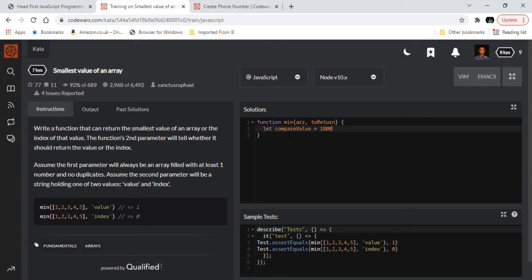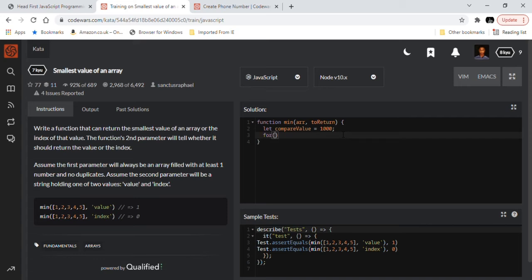Now the reason why I'm setting this to be 1,000 is because from the instructions that I have here, the typical values that are in the array that I'm seeing are units. So I just put it to 1,000 because I'm expecting that any array that will be given dynamically will likely be in units and probably won't pass 1,000. So that's why I just put this variable to be greater than most of the possible values that will be put in. So next off, I want to create a for loop,